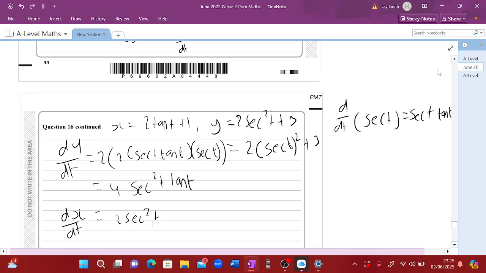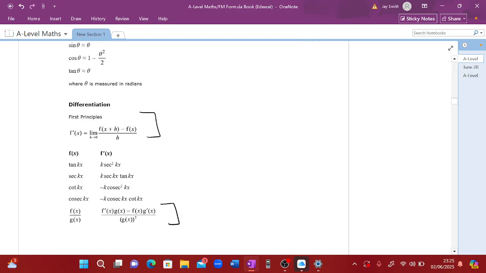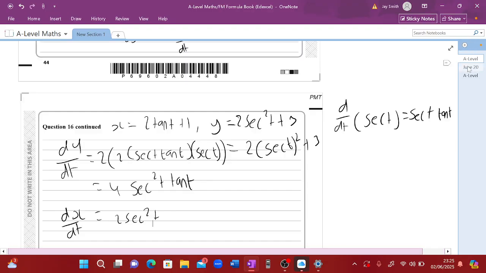Actually, no, you don't have to recognise. Sorry, it gives you in the formula book. Tan x goes to sec squared x. So again, that's in the formula book, and that's it. Therefore, if we combine these together,